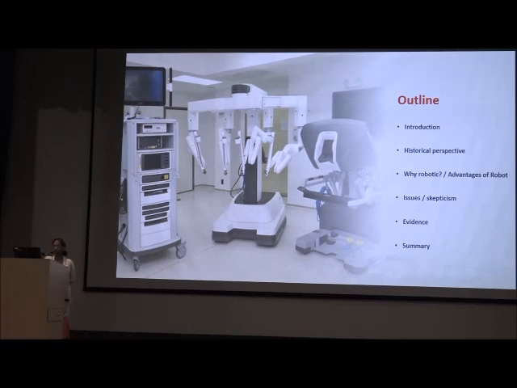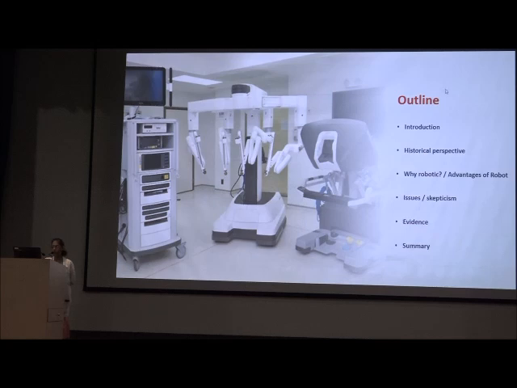So the picture here is for the non-surgical audience. This is what a robot looks like. On the extreme right, what we are seeing is the console at which the main operating surgeon sits and operates the robot. This is the robot which is placed at the bedside of the operating table. These are the 4 robotic arms, which are designated R1, R2, R3 and R4 for ease and clarity of communication. This is the monitor for the assistant team as well as for the others in the operating theatre, along with